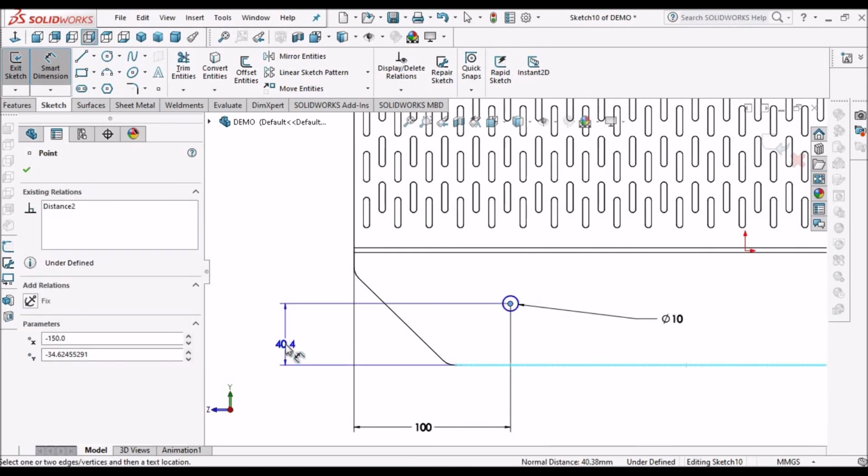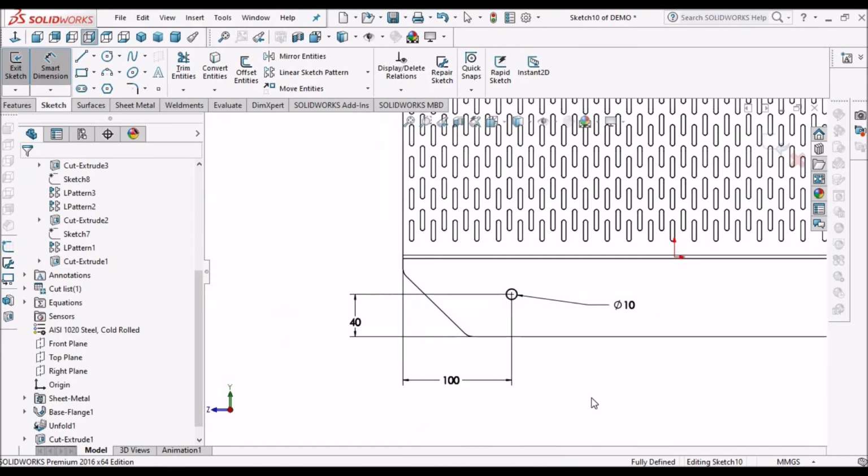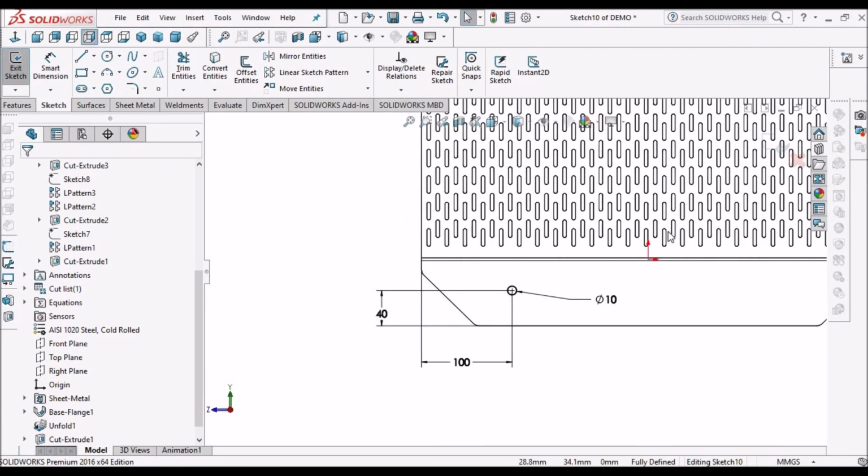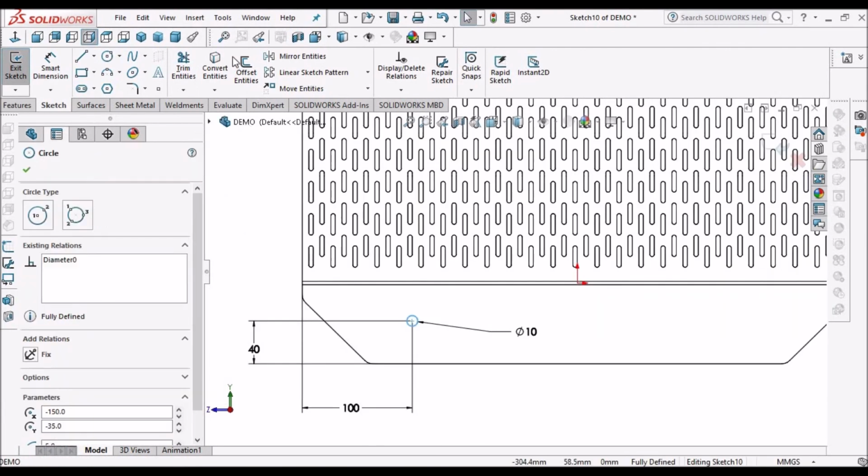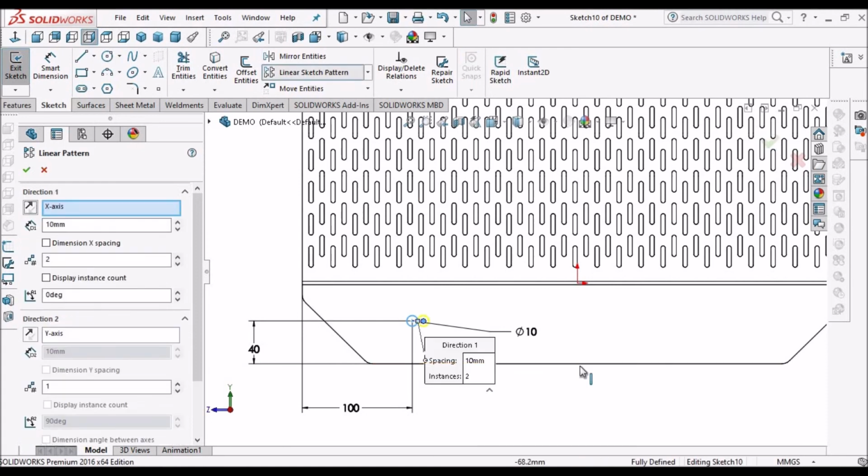This is 40. Select this circle, go to linear pattern, say this is 100.